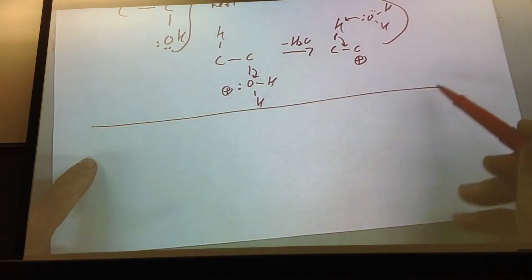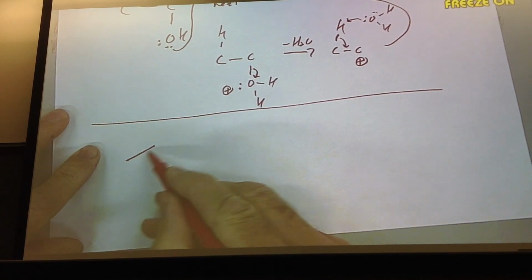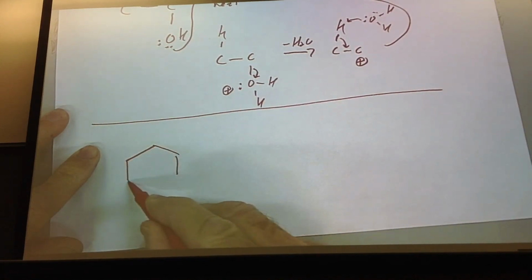There are no restrictions whatsoever on the stereochemistry. If the E1 mechanism is operating, it doesn't matter which directions in space these groups are pointing. It's going to eliminate, okay? It doesn't matter. So, if you have this,